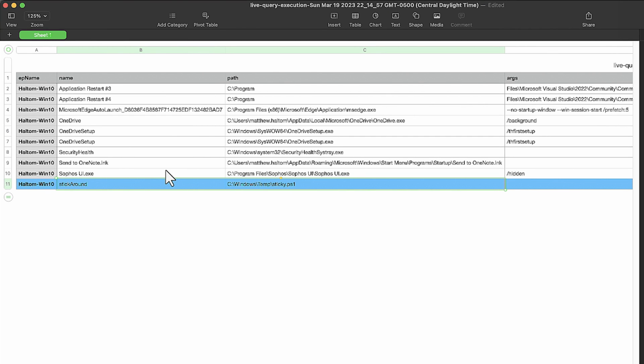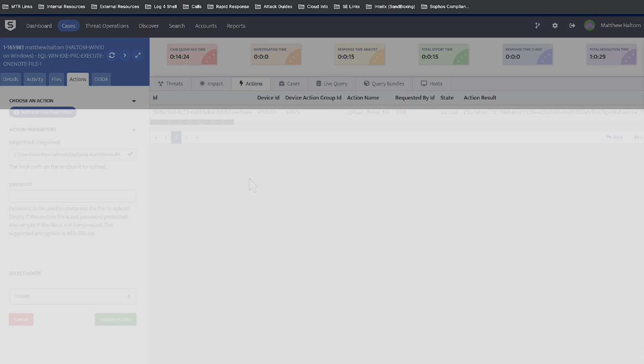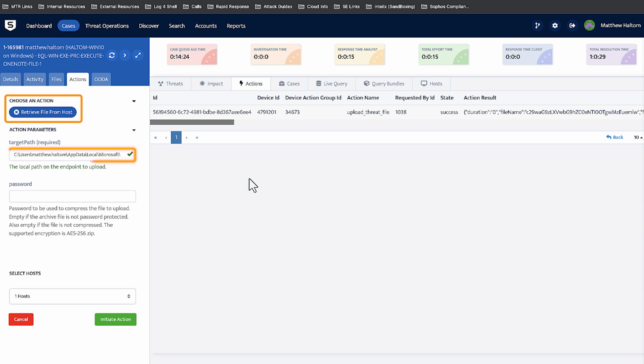Lastly, the analyst reviewed the startup items to determine if persistence was set. Here we can see that the startup item, stick around, exists and will execute a file from the temp directory on system startup. The analyst will then retrieve the user's Microsoft Edge history file to determine where the invoice-review.1 was